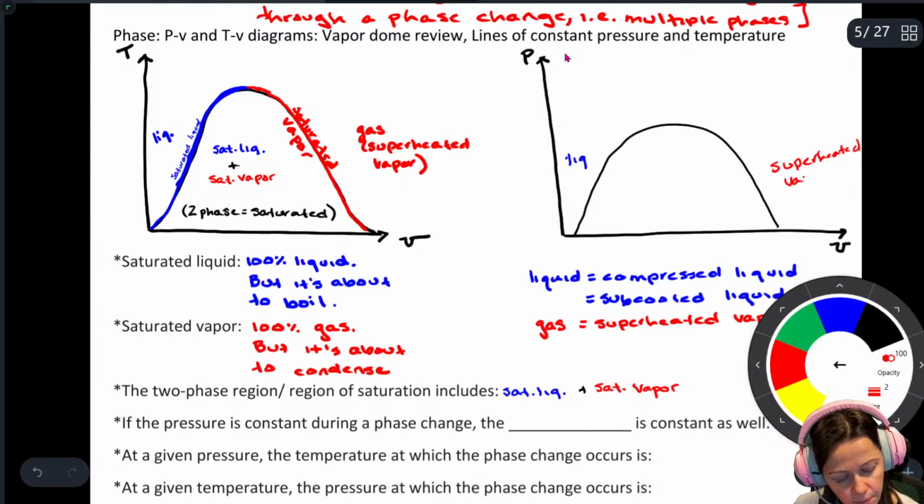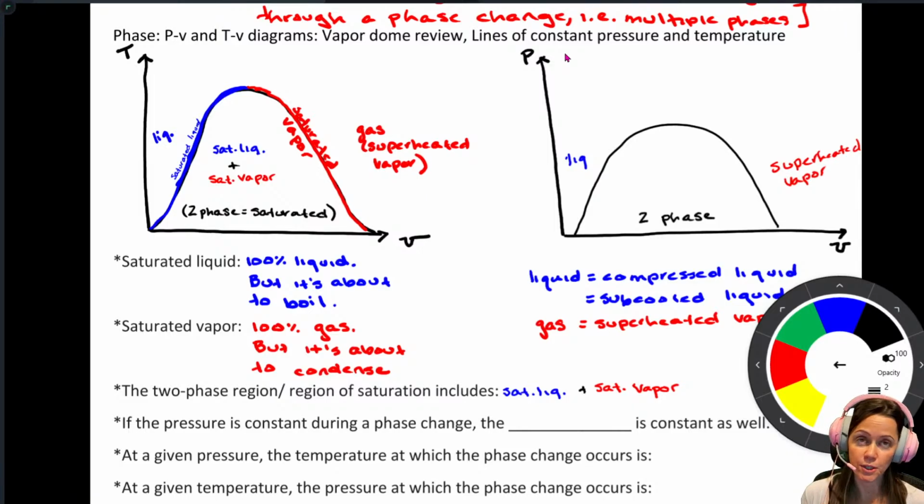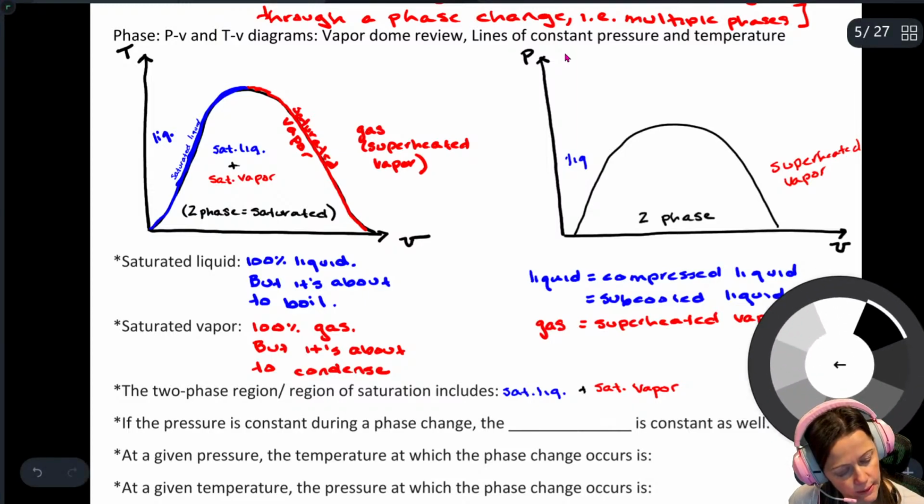Superheated vapor. And same kind of idea, right? This is our two-phase region of saturation, still a mixture of saturated vapor and saturated liquid. Okay, it just looks a little bit different. All right, so